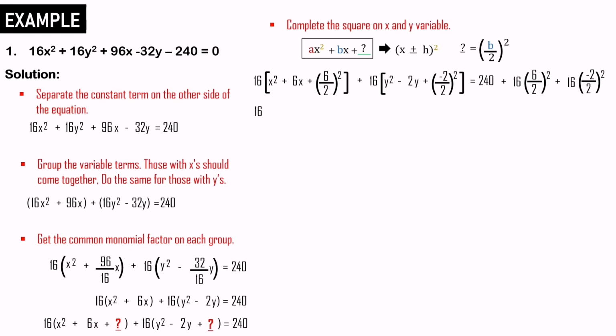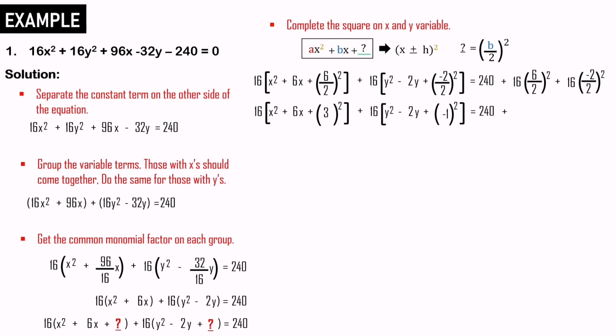So, naatay 16 x squared plus 6x plus 6 over 2 is 3 squared. Close bracket plus 16 open bracket y squared minus 2y plus negative 2 over 2 is negative 1. So, may mo siyang negative 1 squared. Close bracket equals